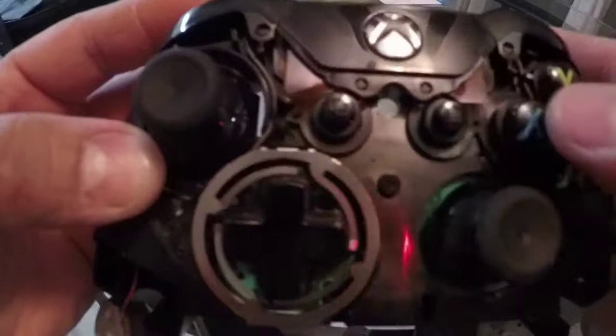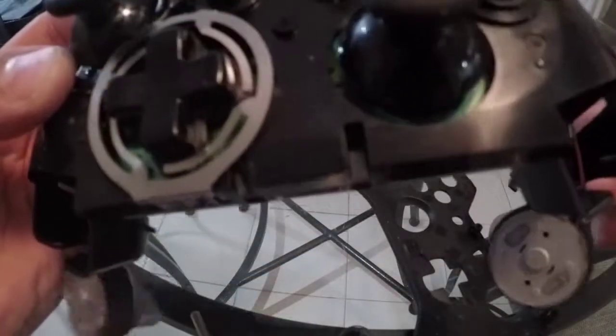Looks crazy. Well, hopefully that is useful, how you take your